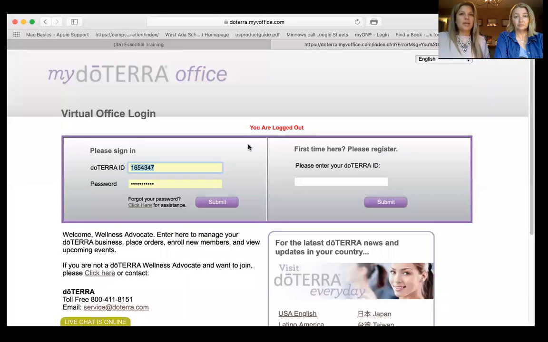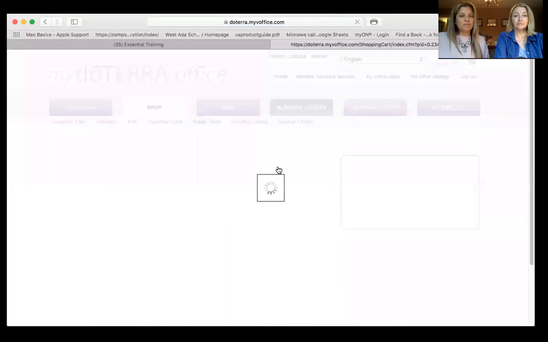Okay, so I am going to go ahead and share again to make sure that I have the right screen. So I am in my back office, okay? Here's where you will put your ID and password. Okay.